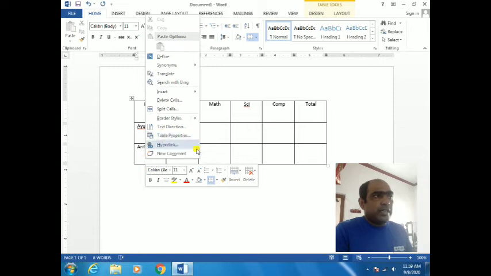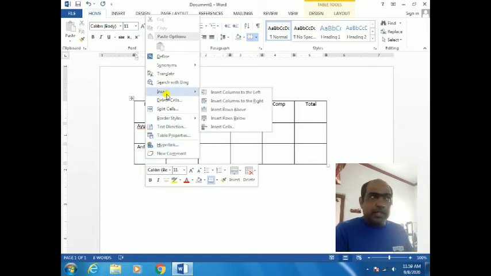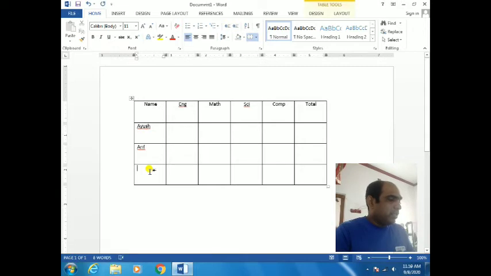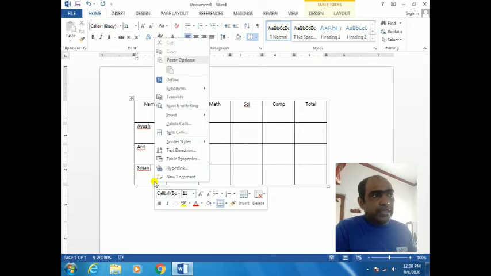You can see here the insert option is there. Insert row above means it will come at the top. But if you click on row below, you will see one more came here. Okay, I am writing here Srijan. Okay, these three names I wrote. Suppose you are thinking one more name I will add. What to do? See, your cursor is here. I told you, right click, insert, then insert row below.